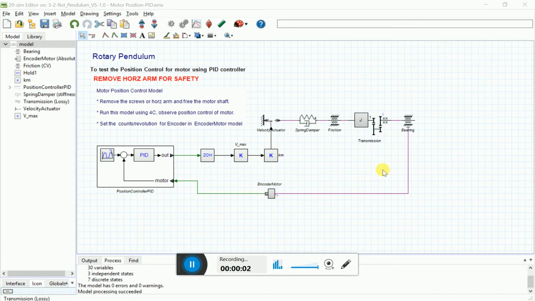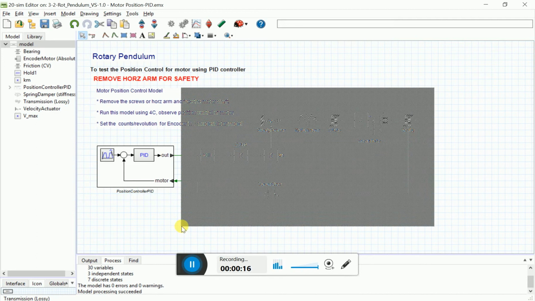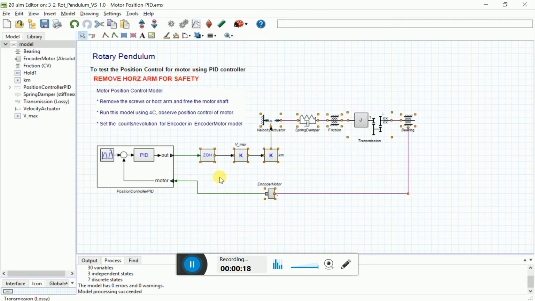In this video, we will go through the steps involved in downloading a PID controller based position controller for a DC motor. So in the 20sim model, what you see on the right hand side is the mathematical representation of the DC